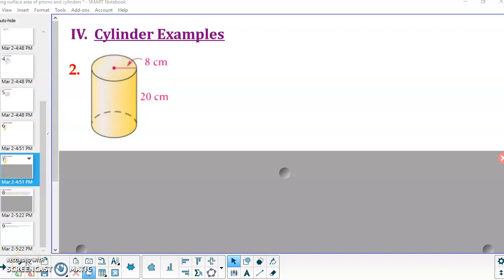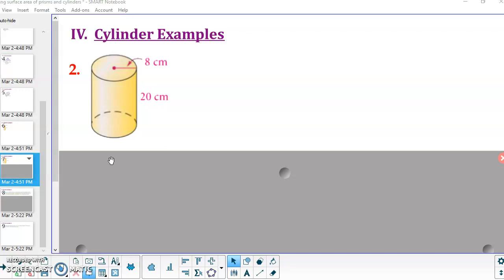Okay, so my last two examples for this week are going to be cylinders. Oftentimes with a cylinder, you're going to need to leave your answer in terms of pi. So the first example, I have you leaving it in terms of pi. The second example, you're going to be rounding to the nearest inch. So pause the video and write down this example in your notes so that you can work